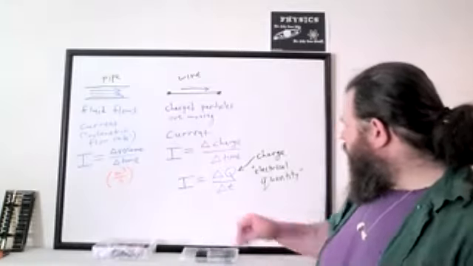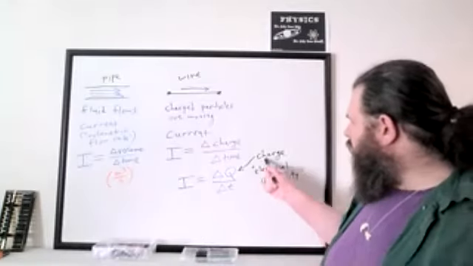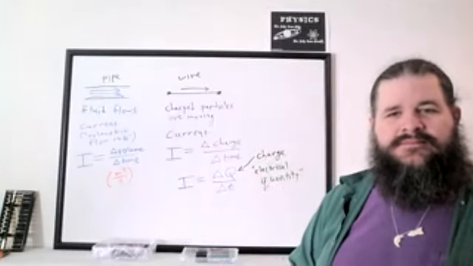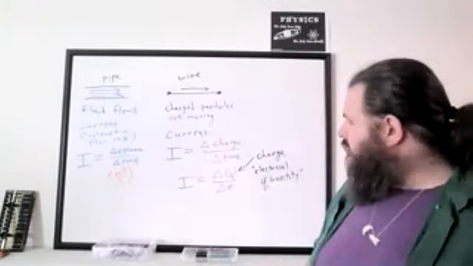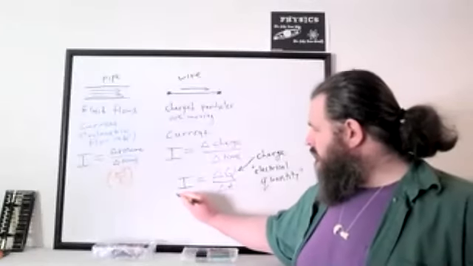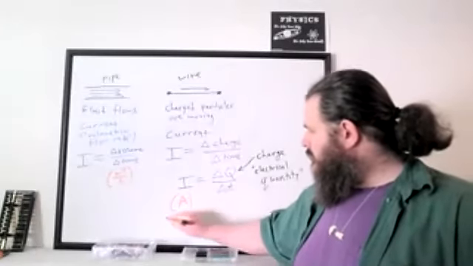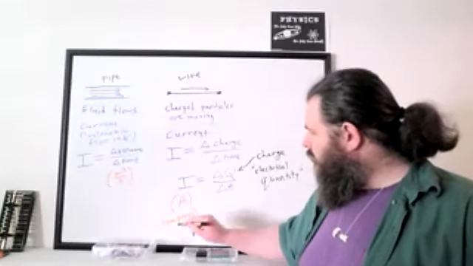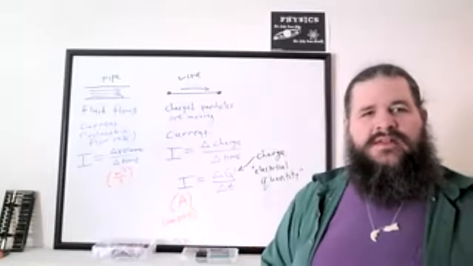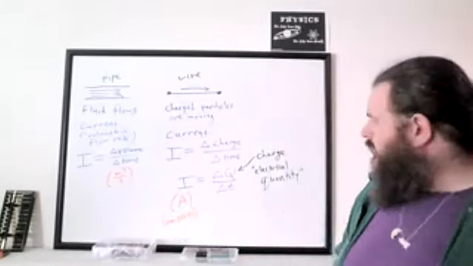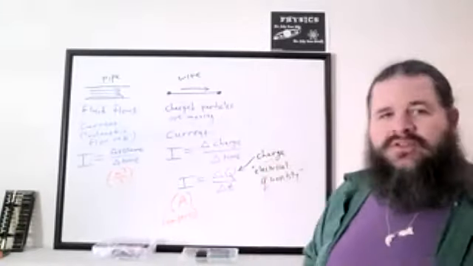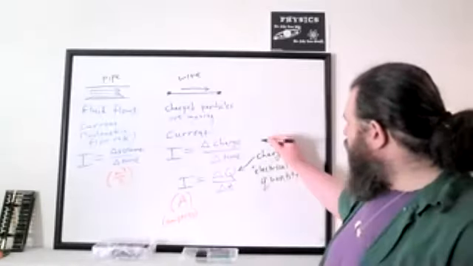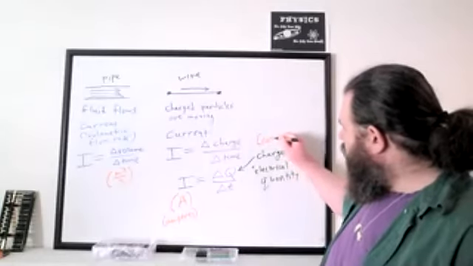And the units of measurement for that, anyone know what charge is typically measured in? Amperes? Amperes is the units for current. Oh, would it be voltage? Volts is something else. Volts is basically the electrical version of pressure. The charge unit, and we're not actually going to use this unit much directly. Mostly we're going to be using other units derived from it. But charge is measured in coulombs,